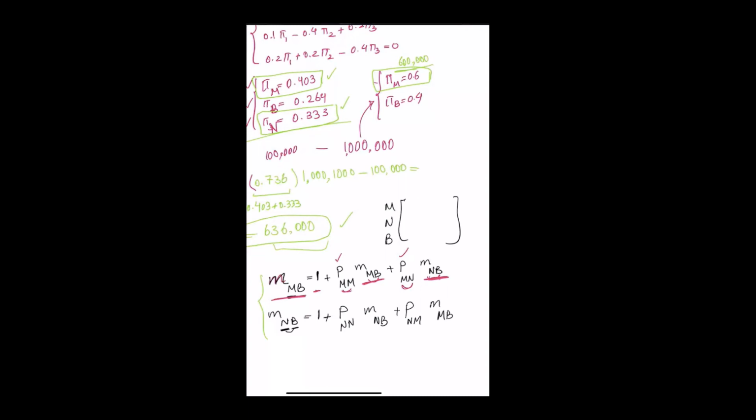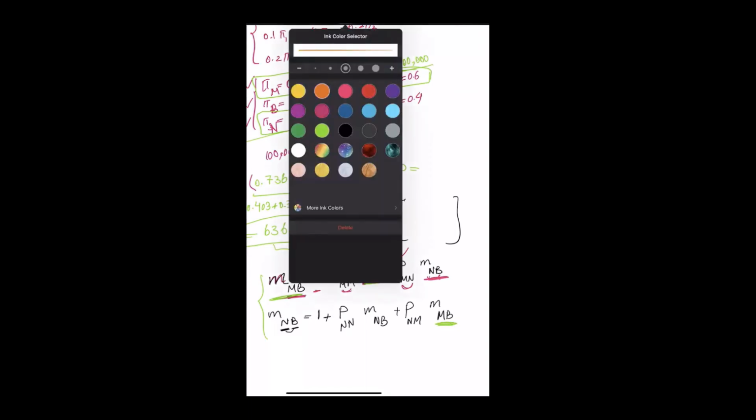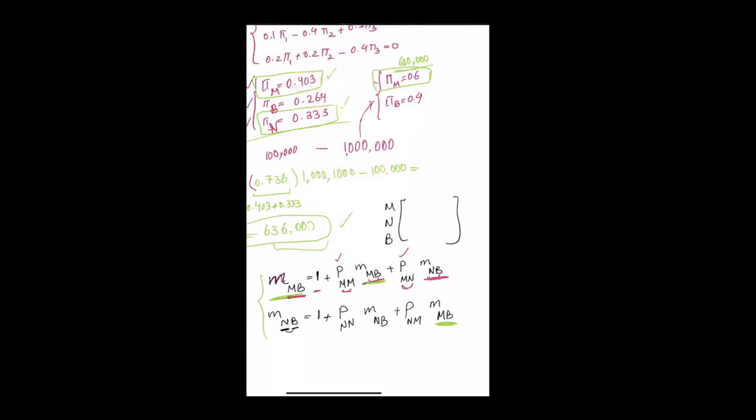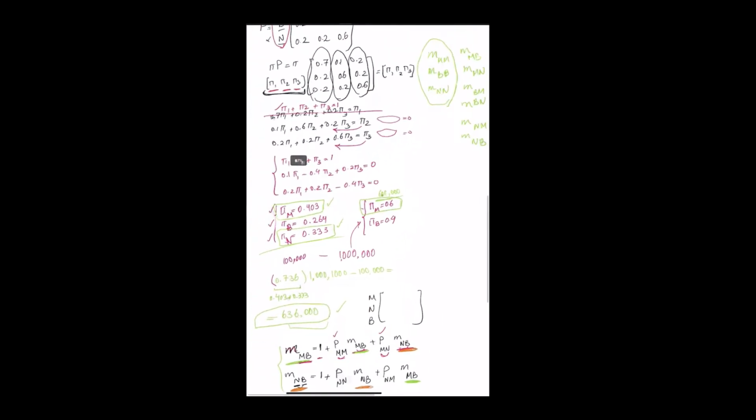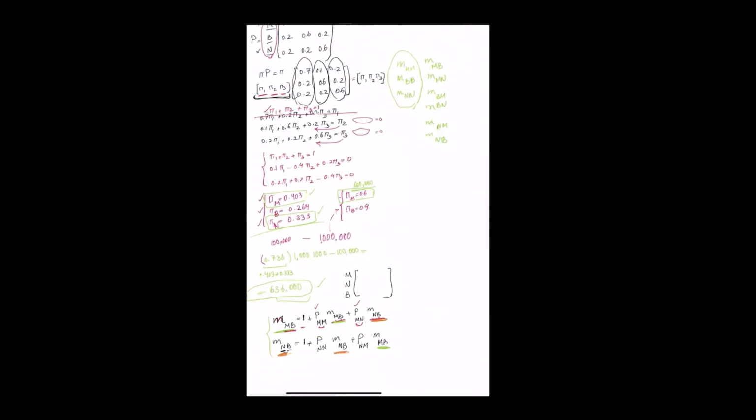MB is obviously 1, so that's the green ones, and then NB, that's the orange one, is another unknown I have. So let me see, what is the P? The P,